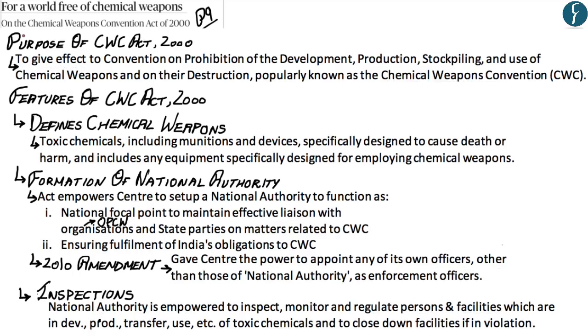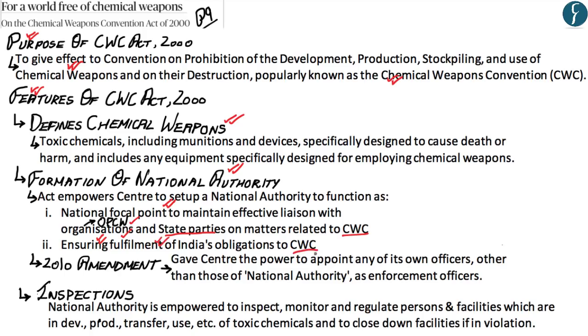So now hopefully you have understood the purpose and the features of the Chemical Weapons Act of 2000, wherein the purpose of the Act is to give effect to the Chemical Weapons Convention, wherein this Act defines chemical weapons, allows for the formation of a national authority to act as India's focal point to maintain effective contacts with organizations such as the OPCW and with other countries on matters related to the Chemical Weapons Convention. And apart from this, this national authority would also ensure the fulfillment of India's obligation under the Chemical Weapons Convention,